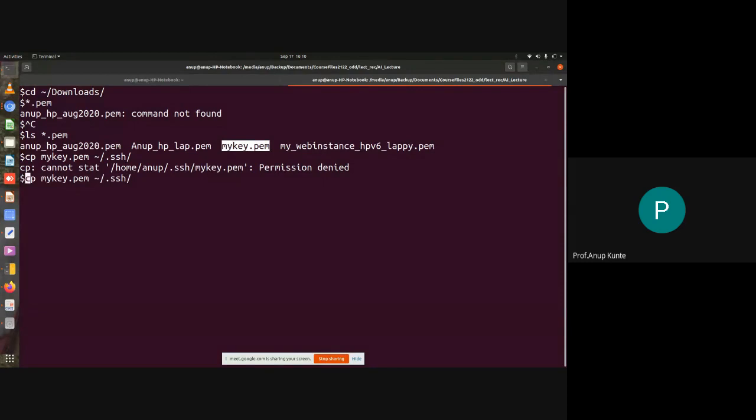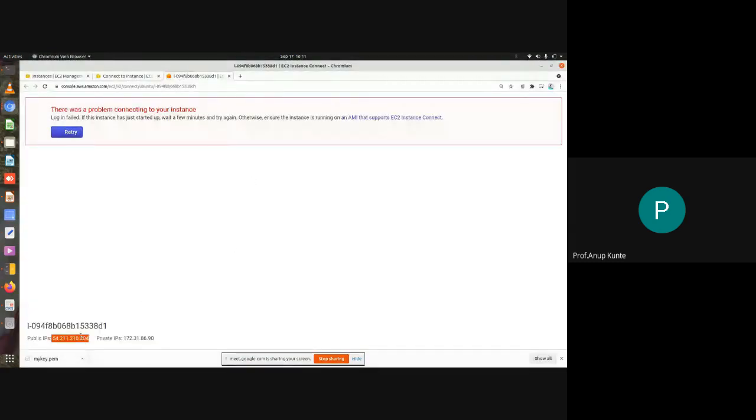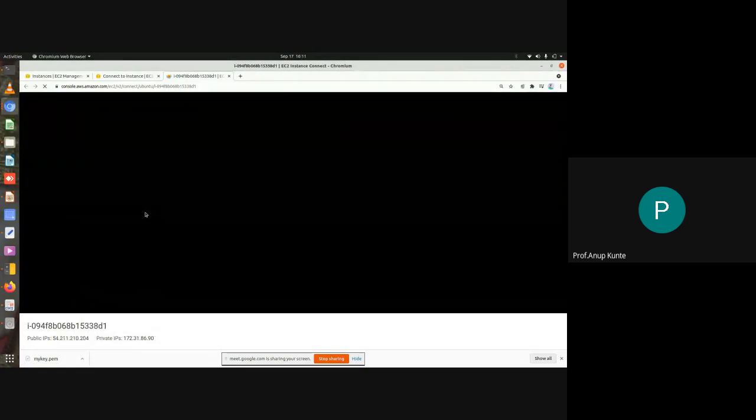It's not allowing me to copy. Okay. I won't copy it. Just one time I need to access the machine, right? So what was the IP address? This is the public IP address. I can log in into